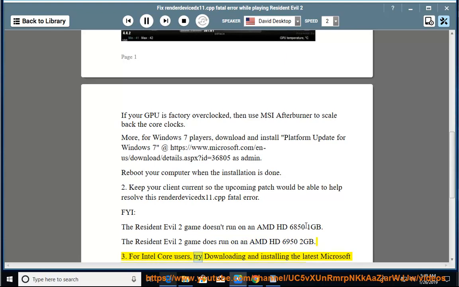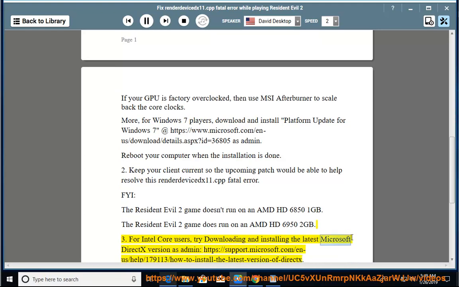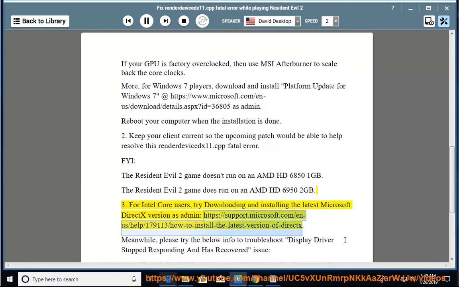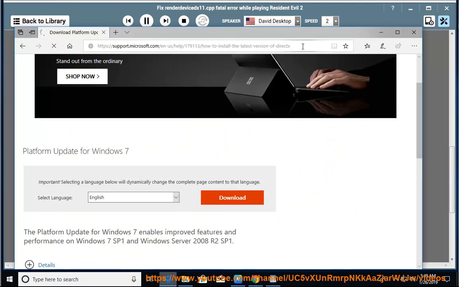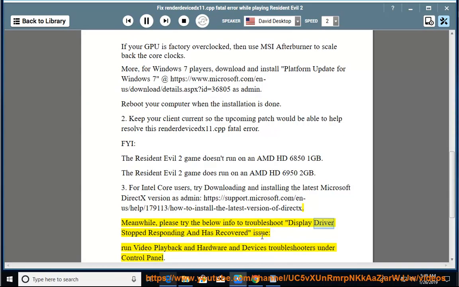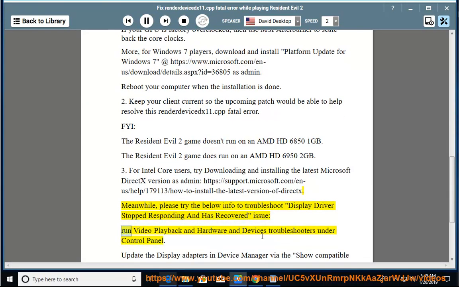3-4 Intel Core users, try downloading and installing the latest Microsoft DirectX version as admin. https://support.microsoft.com/en-us/help/179113/how-to-install-the-latest-version-of-directx. Meanwhile, please try the below info to troubleshoot the display driver stopped responding and has recovered issue, run video playback